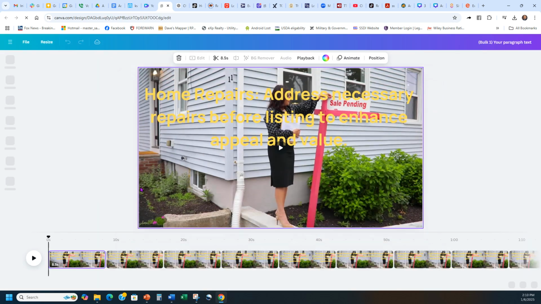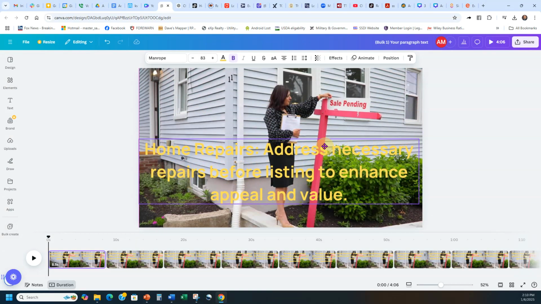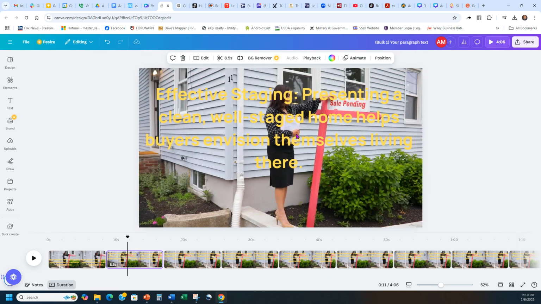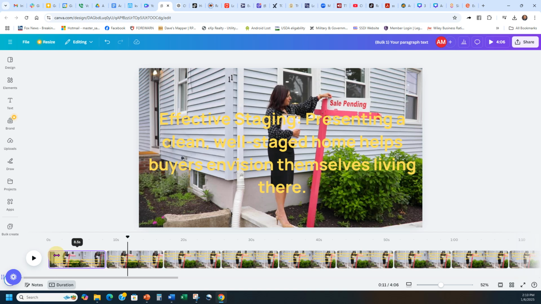So I'm just showing you different options you can do in Canva. And then you have all your designs. If you don't like it, you can move it around. If I didn't like it over here, and the next one, I can just check them if I wanted to. But if they look good and I want to keep my design and I like the way it looks, all